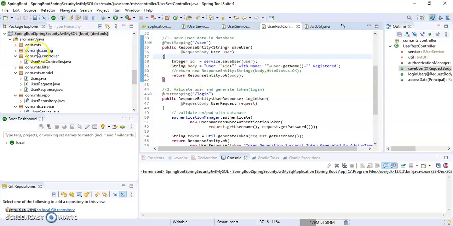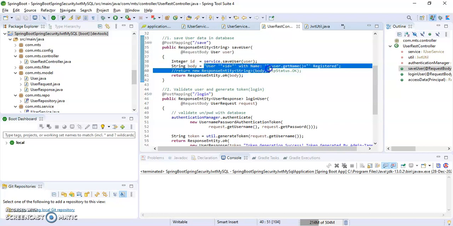It will save in the repository and return the message string body, user id with name user dot get name registered, and give the body as the response entity. After registration, it will return as user with id with name user dot registered name and registered.